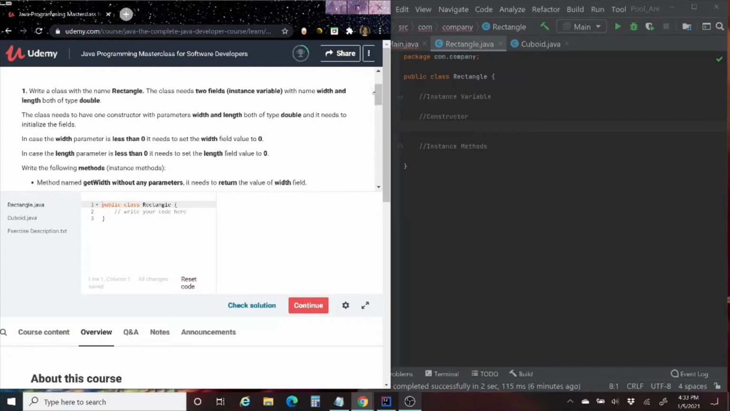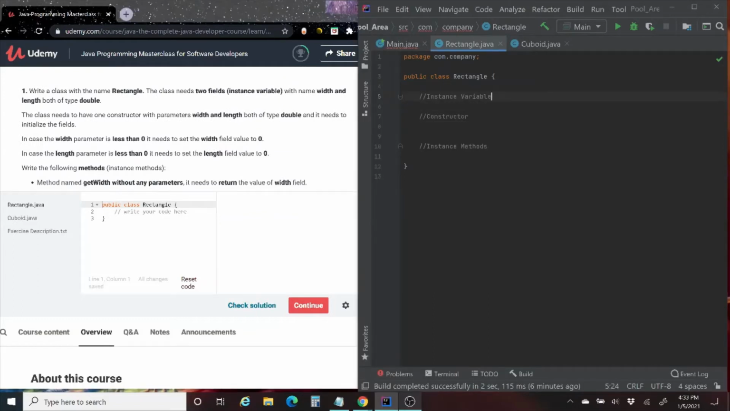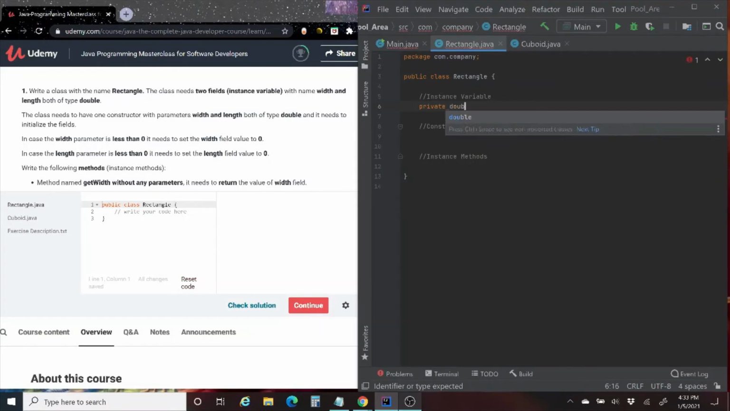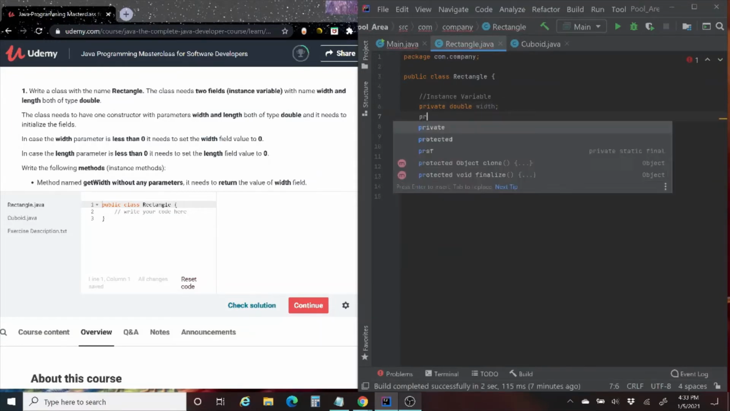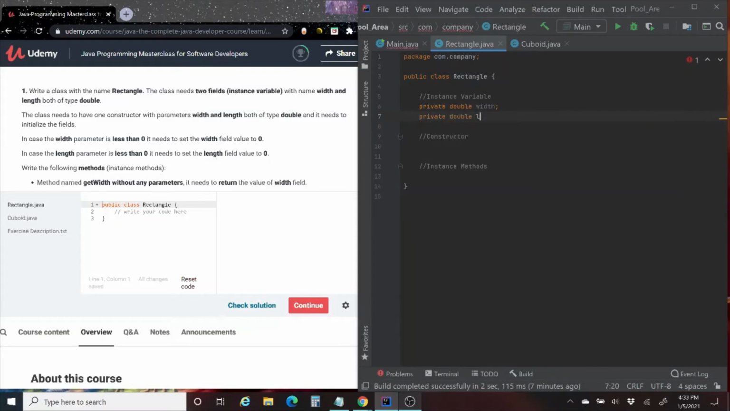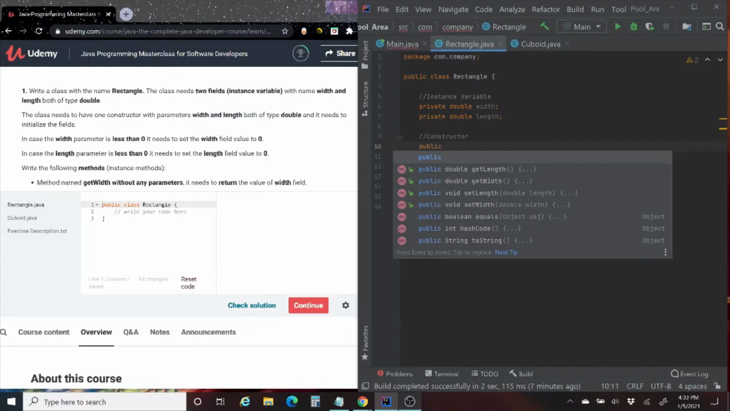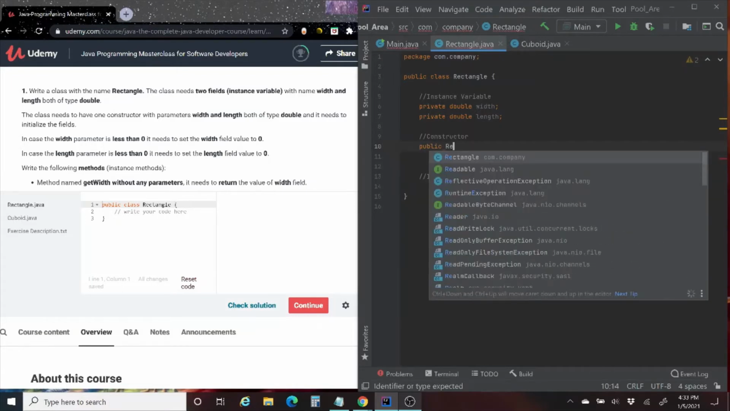So we see first we need two instance variables named width and length. So private of type double, as we can see right there, private double width, and private double length. Alright, first thing's done. Now they want us to create a constructor that takes in the parameters of length and width. So it's a public Rectangle,